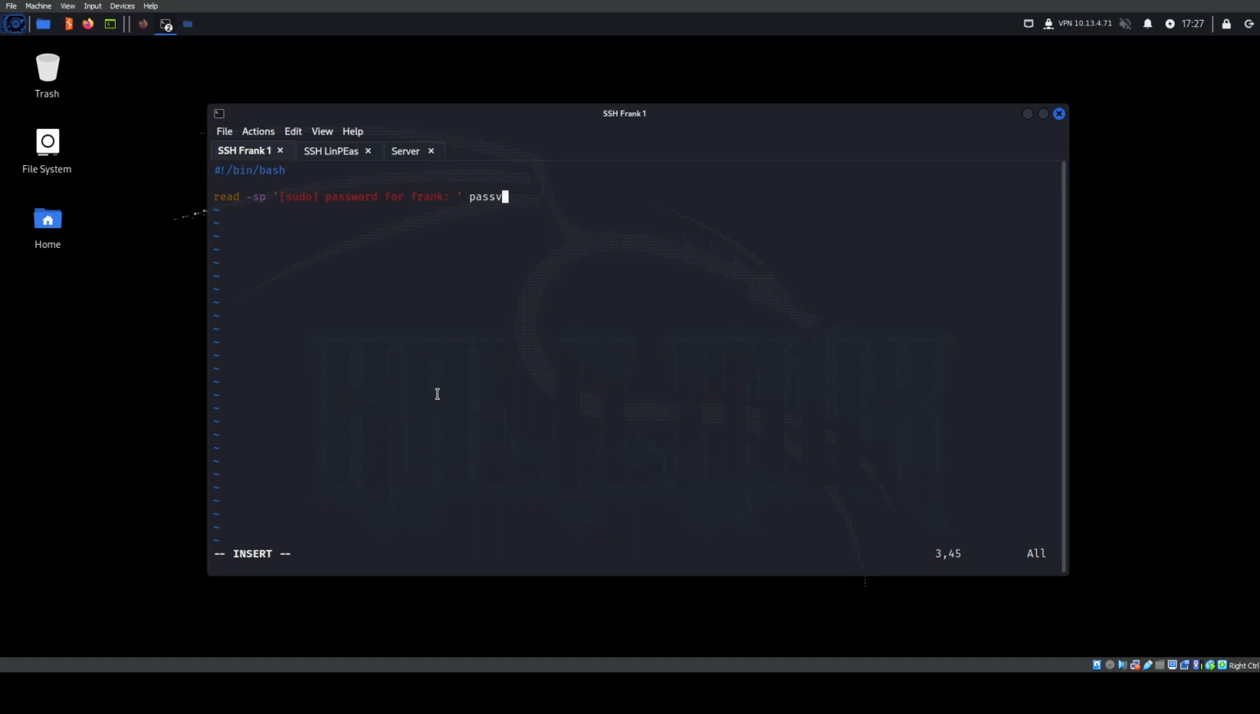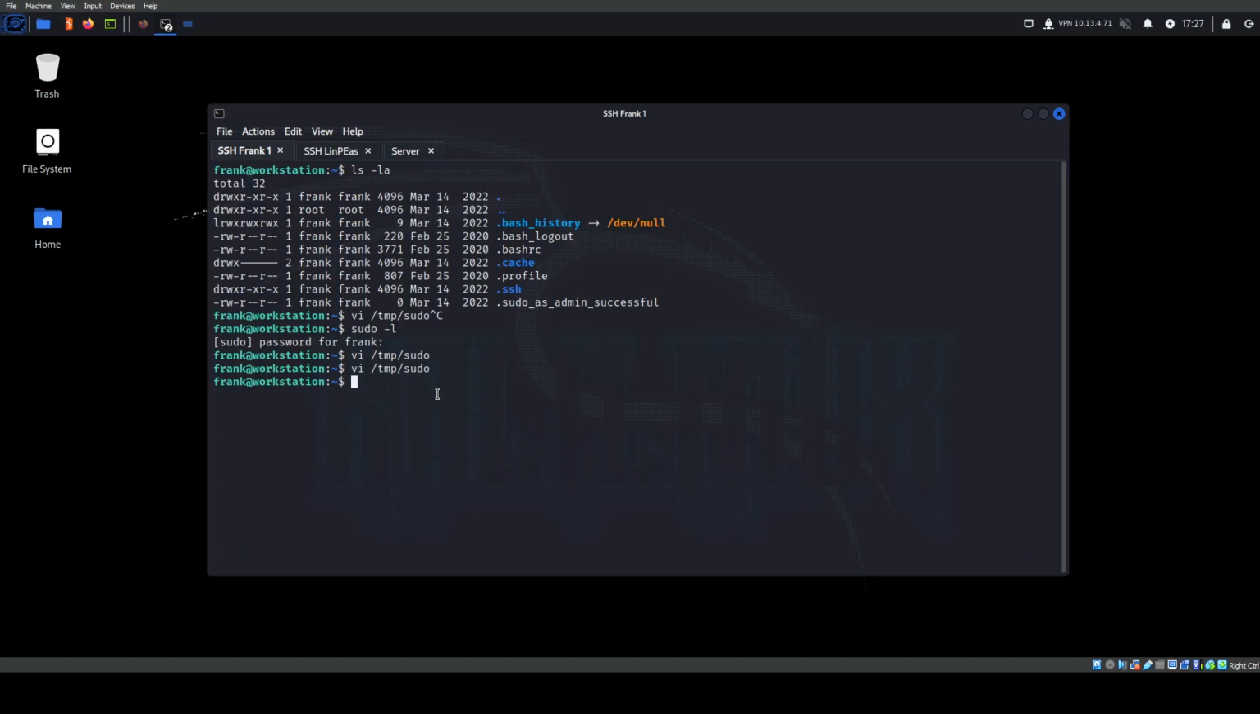You can leave it as passbar, you could call it password. Then we're going to do echo password home frank password dot text there. So this is going to ask for the prompt. Whoever executes this is going to type it in, and then we're going to echo that variable, whatever they typed in, to this file. Right? So if we do bash